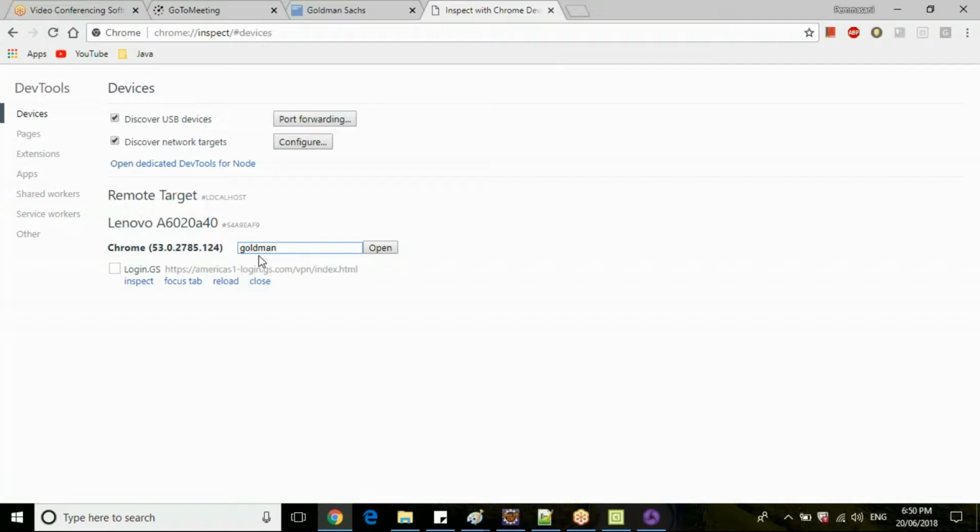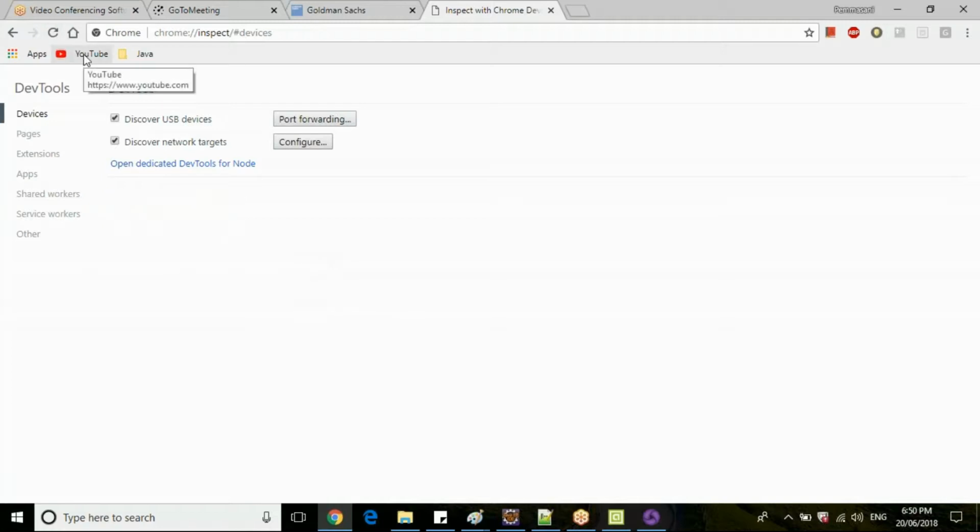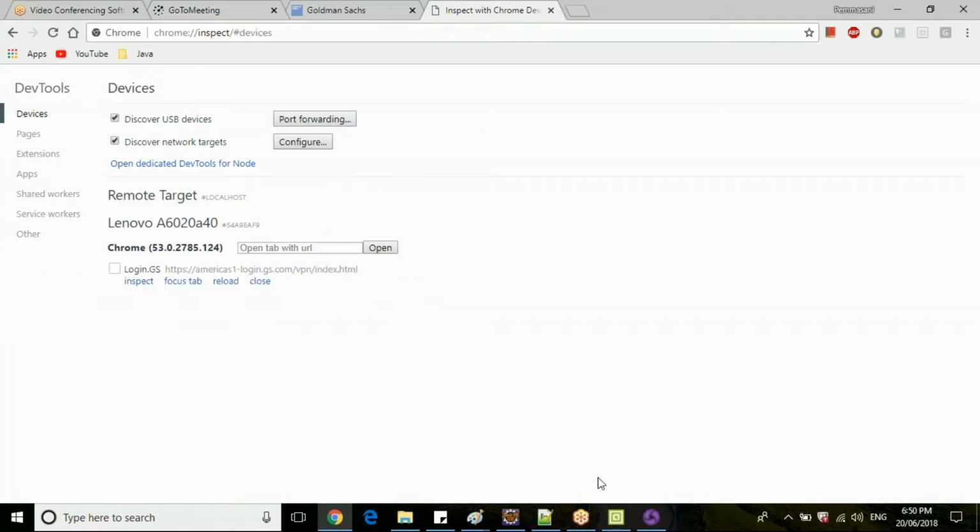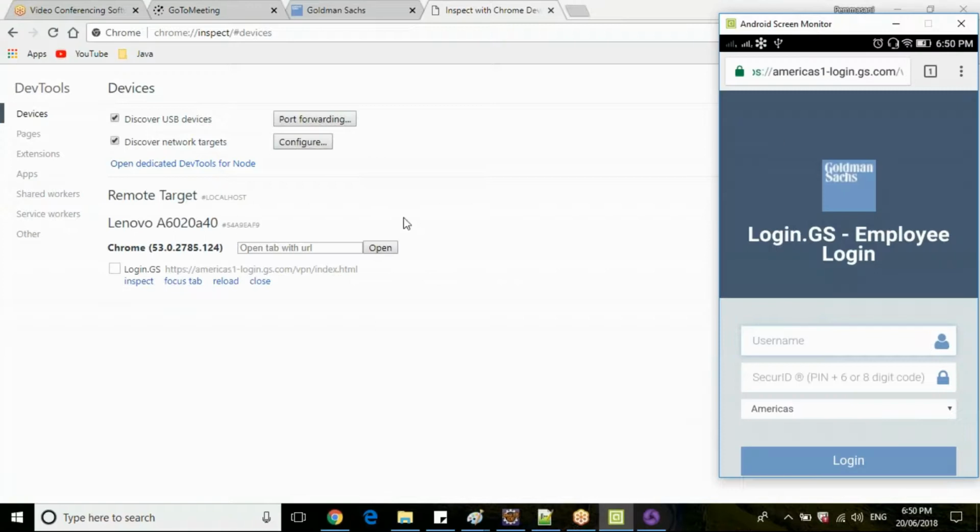Let me launch this in the Chrome browser here. So my Chrome is launched in the mobile device.